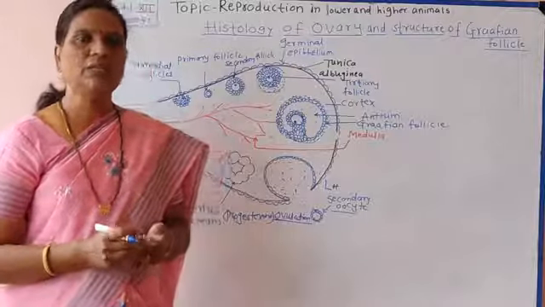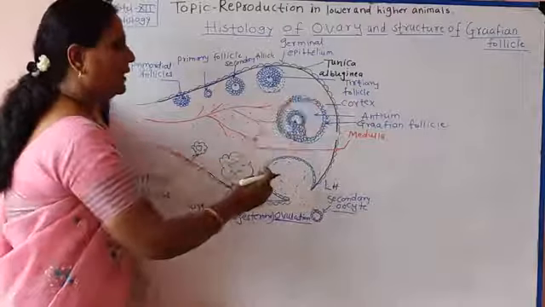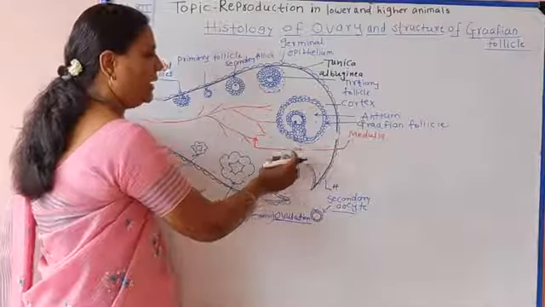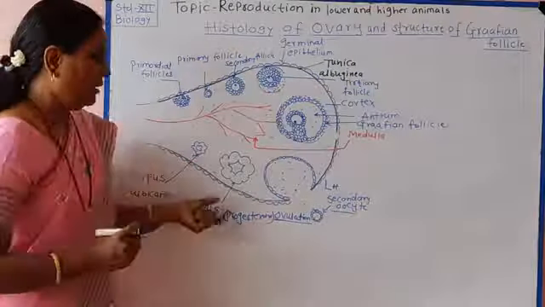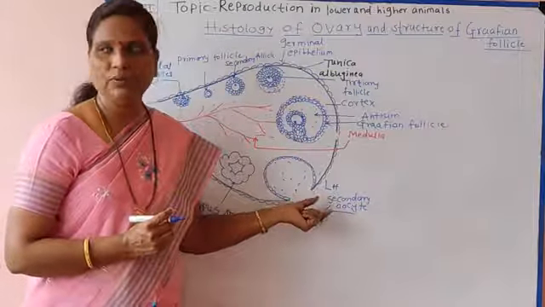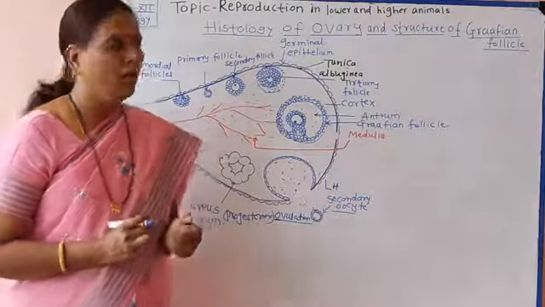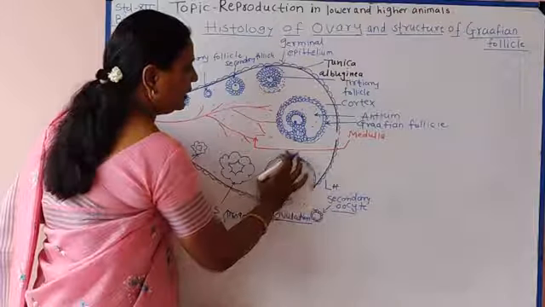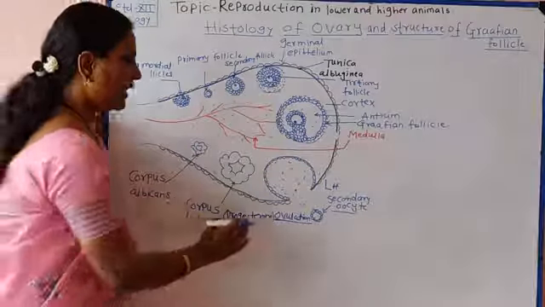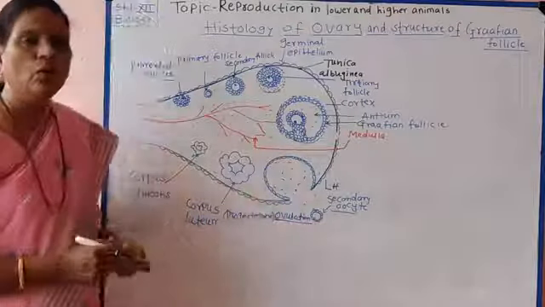So estrogen and progesterone are the female sex hormones. Estrogen is secreted by the granulosa cells, the follicular cells, and then the high level of estrogen on the 14th day stimulates the secretion of the hormone LH, the luteinizing hormone, from the anterior pituitary. This luteinizing hormone mainly ruptures the Graafian follicle, which is present at the thin surface of the ovary. It ruptures and releases the secondary oocyte, and this process is called ovulation.